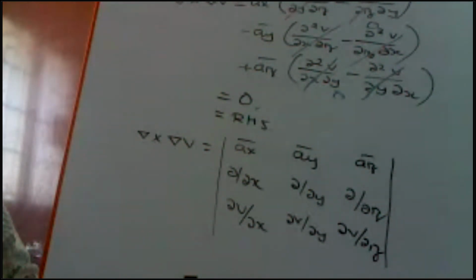So totally 3.5 problems have been given to you. Problem number 3, you have to find the divergence of the given vector. Problem 4, you have to find the divergence and curl of a particular vector. Problem number 5, a vector is given, you have to show whether that vector is conservative or not. Then the 8th problem, an E vector is given. Two questions are there in the same problem. The first half, you try to prove the given E vector is irrotational. The second half we will do in the next class.